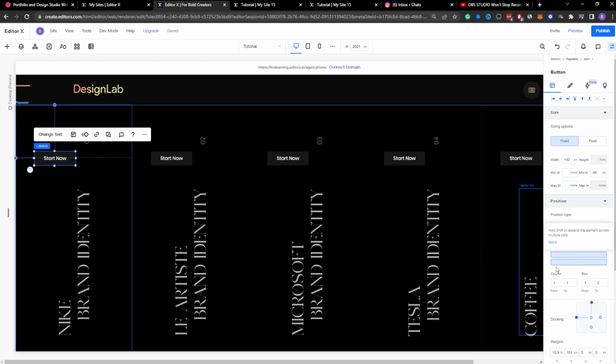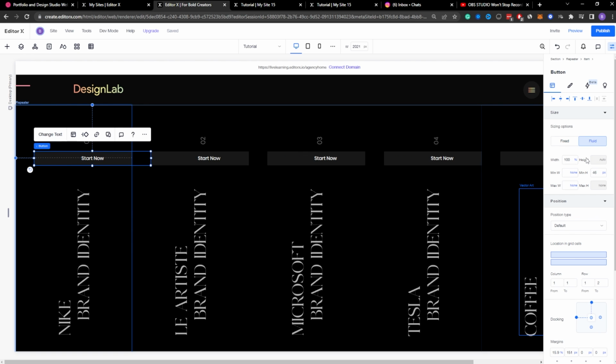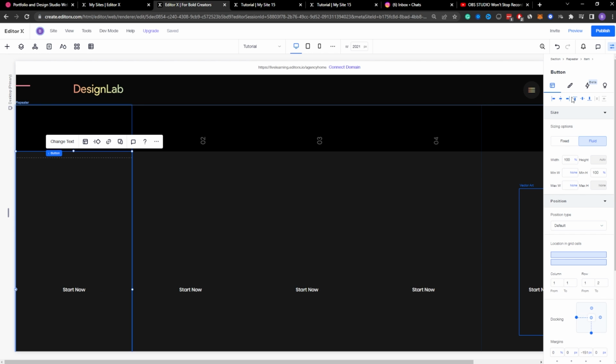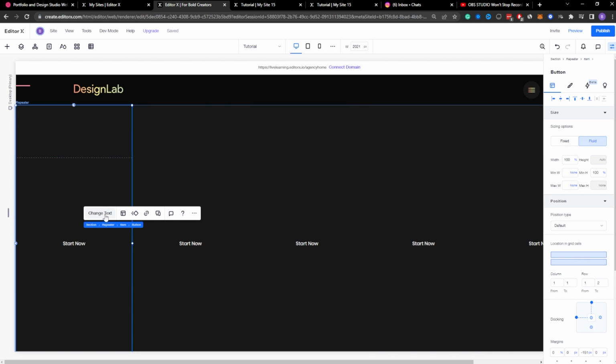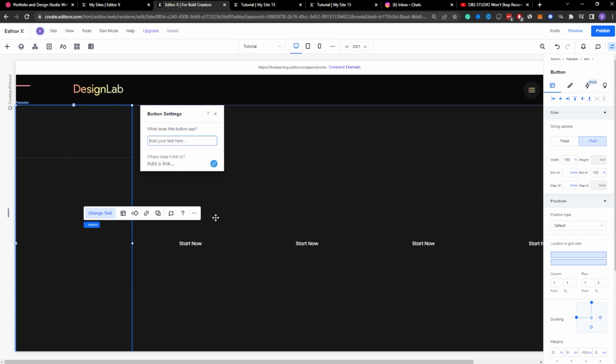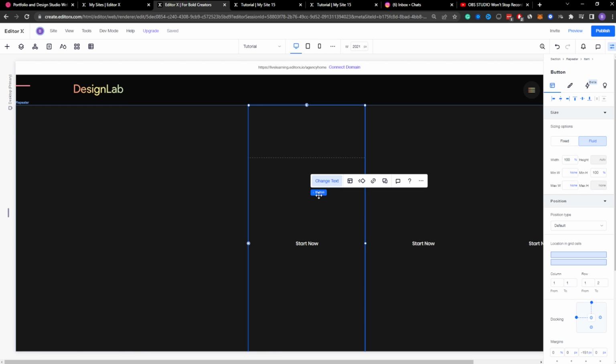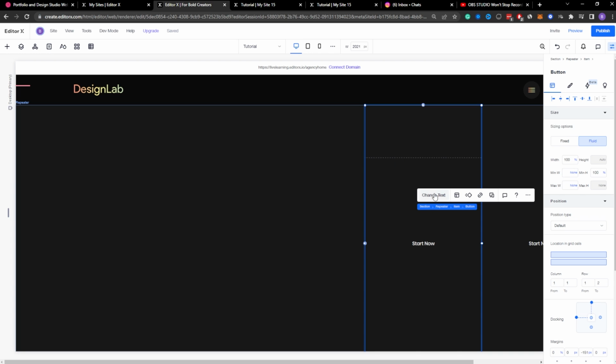I'm going to make sure it spans across both of my grid cells. I'm going to make the width of this 100% and the minimum height 100% as well. I'm going to make sure to left align and basically center these inside my item. And I want to delete the text inside each one of these buttons, because what we're going to do here is,